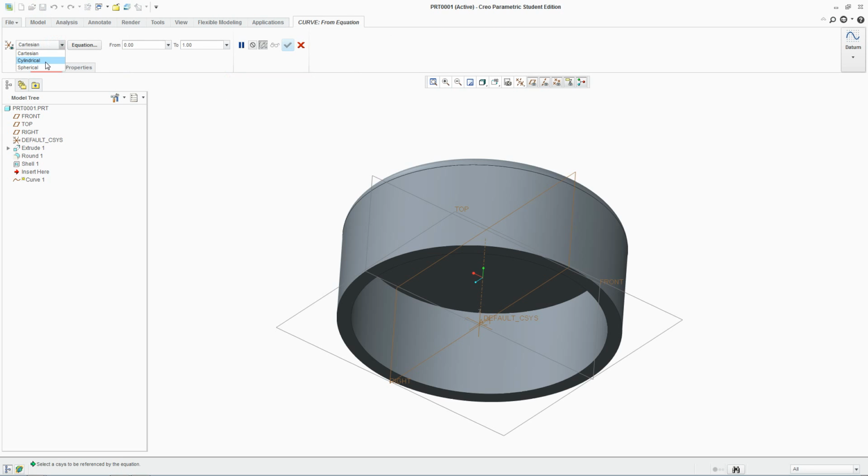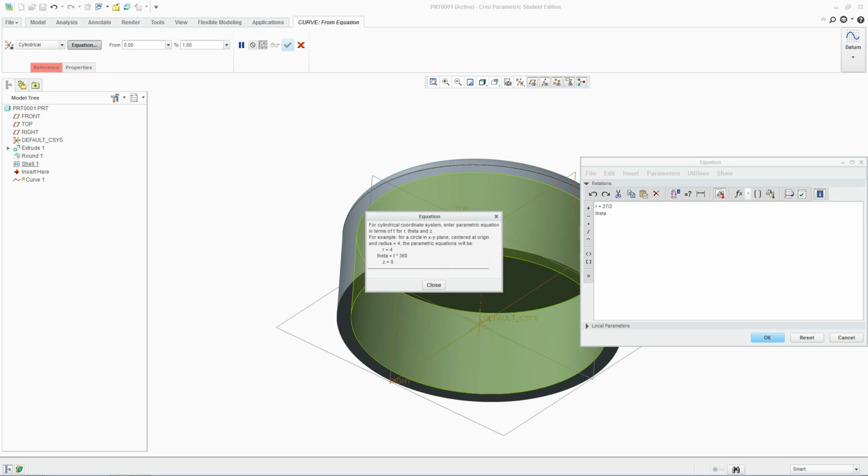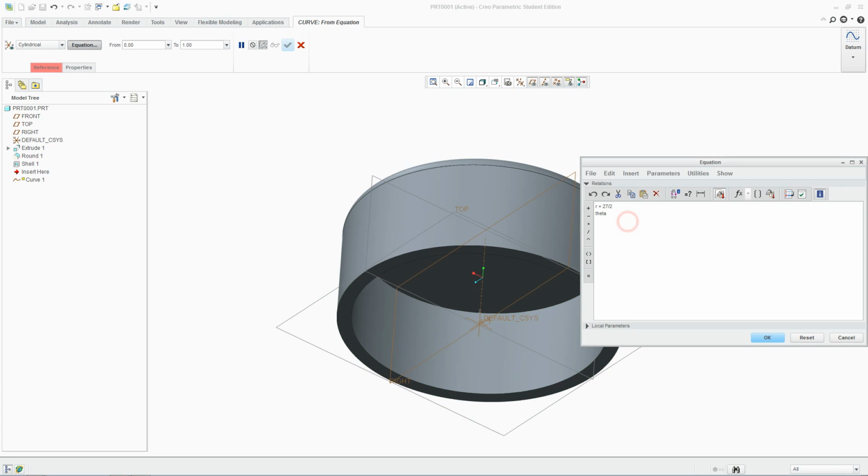And to create a spiral curve, it's not that hard. Just switch to cylindrical here, go to equation, and here you just need to define the radius. Our one was 27 diameter, we'll divide that by 2. Sometimes there's click here to give you some help information, but to create that you just need to fill out